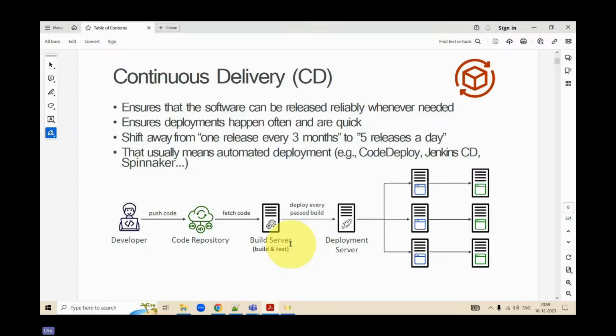Today, the customer wants X. Maybe after 10 minutes, the customer says, I don't want X now, I want Y. Third day, he comes up and says, I want neither X nor Y, I want A. One month afterwards, he says, I didn't want anything, I want P now. You're getting it? That means what? Gradually, as per the market, the customer requirements are changing.